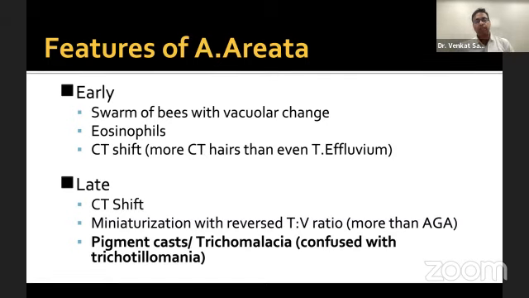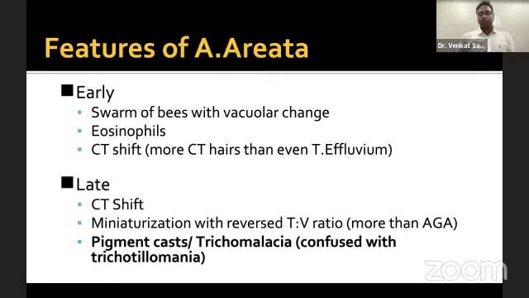Trichotillomania is localized, and then you do a biopsy, and if you're seeing pigment cast and trichomalacia, you shouldn't report it as trichotillomania, because trichomalacia can be seen in alopecia areata too. The difference is the intensity; the number of hair follicles demonstrating trichomalacia will be much lesser. Only 1 or 2 hair follicles may show trichomalacia in alopecia areata, while in trichotillomania, a number of hair follicles